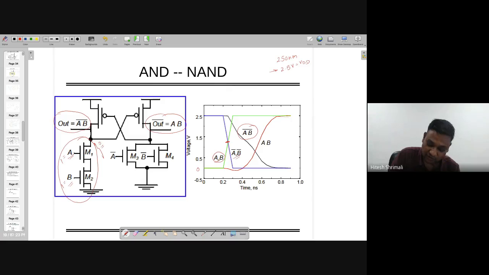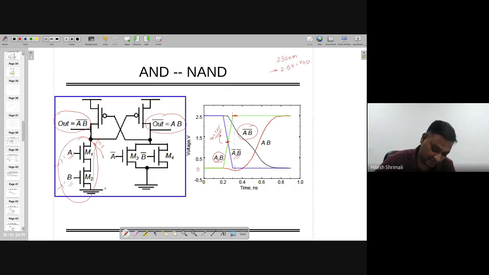Then this node is going to be 0. So when both are 1, at this point they are 1. But much before that, this is the point where it's going beyond the switching threshold, which is 1.25 volt. When it's going above 1.25 volt, this gate will start understanding these two signals as partially logic 1. And when it's going into the high noise margin, what is going to happen? This particular node will pull down to 0, but it will take a delay.